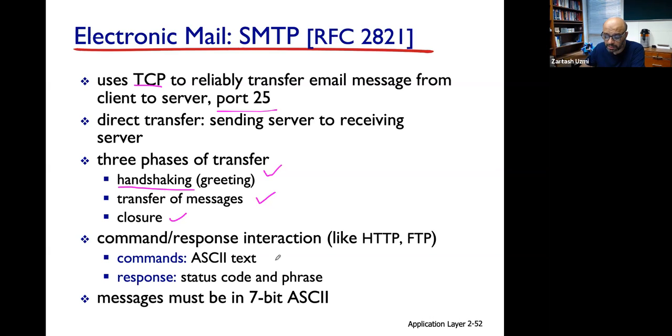All the commands in the SMTP protocol are in ASCII. ASCII text होती है ये command. Status code और phrases जो हैं वो भी ASCII के अंदर है. So all the message must be in 7-bit ASCII. But imagine you want to send an image file. Image जो है वो तो ASCII में नहीं होता. Then underneath somebody will translate those images, जो binary file होगी उसको ASCII के अंदर convert करेगा,